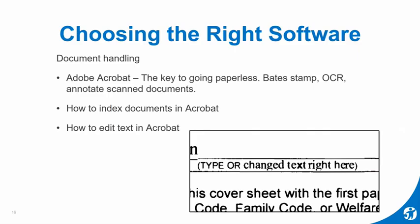I read a document when I went out on my own. There was some publication put out by the ABA, and it said if you don't have a technology budget, you should make a technology budget, at least one that gives you enough money to buy Adobe Acrobat. It's the core document tool to everything that I do. I'm mostly paperless in my office. Adobe Acrobat lets me